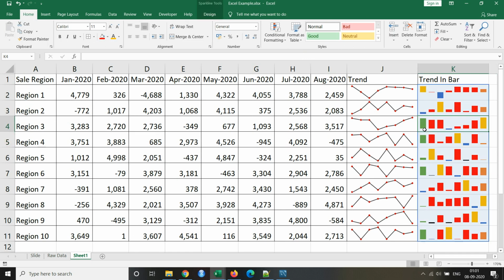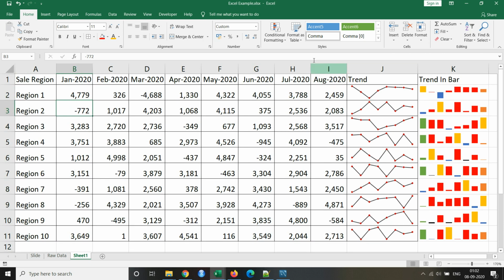When we are talking about the first profit or last profit, this mostly shows us the first and last profit, but you will see that it doesn't show in these two, right? Because it's getting compared with the other rules that we had applied. For example, in this first chart you will see the first region makes the highest money, so it has given priority to that, and that's why it's in yellow. While in the second region the first month has a loss, so it has given priority to the loss and shows the low point in blue. So that's how we represent trend with column charts.